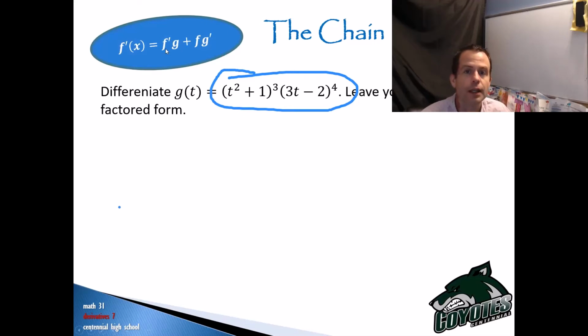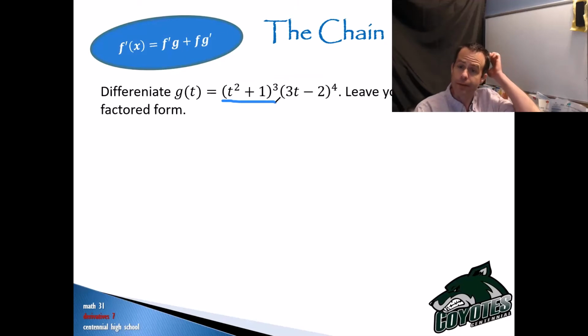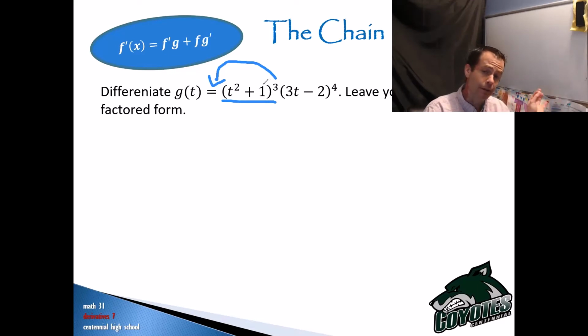So the derivative of f. Okay, so this is f. I just want to underline what we're talking about. There's f. So the derivative of f is going to be 3 times (t squared plus 1) to the 2, right? That 3 comes to the front and the degree drops down 1, times the derivative of the inside function, which would be 2t. Okay, times g, which would be (3t minus 2) all to the 4,